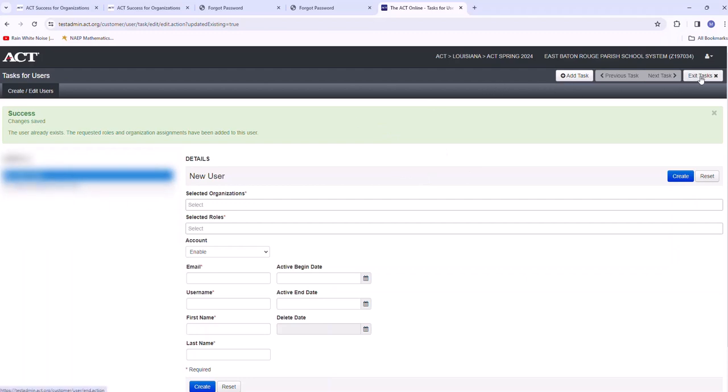So, Miss McFadder, if you have a backup or someone else that's going to help you with creating test sessions, you may want to create a... I do, but I have a question about it. I'm on the screen right now to do it. It only allows me to list them as either a room supervisor or a technical coordinator. Huh. Same here. That's the only two options that it gives. That's crazy.